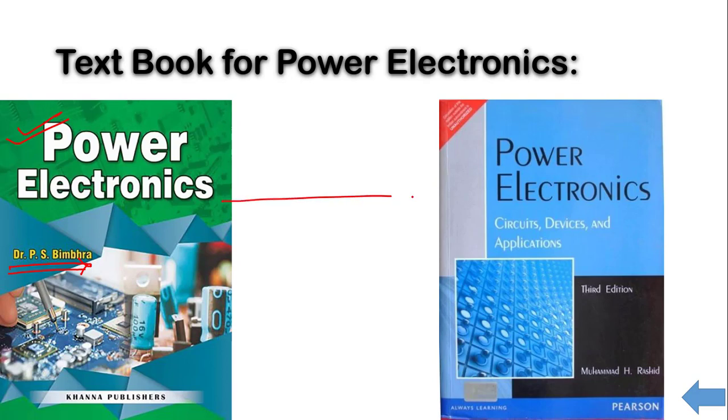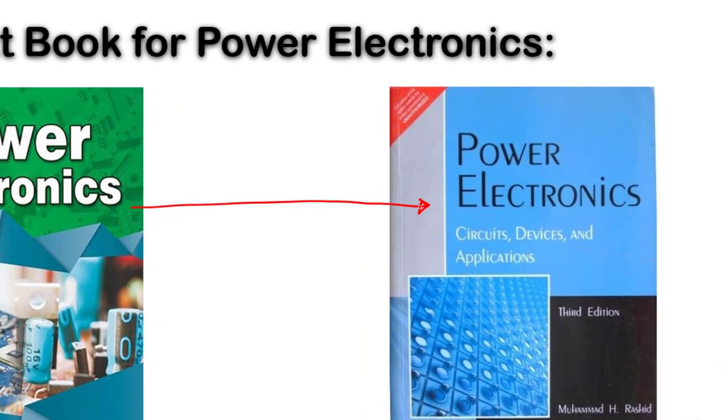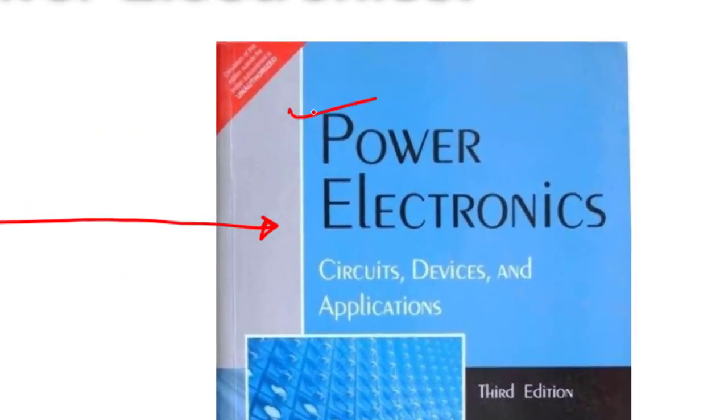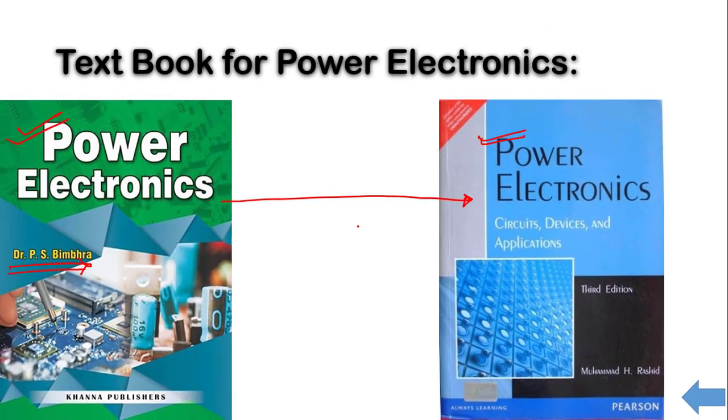Once you become a little bit familiar with power electronics, then you can jump to a much higher order book, Power Electronics by M.H. Rashid. It is a very good book for those who have already gone through power electronics, and it will strengthen your concepts further. Again, I would suggest that an undergraduate should start with P.S. Bhimra, and then for a higher level they could jump to the Power Electronics book by Muhammad H. Rashid.